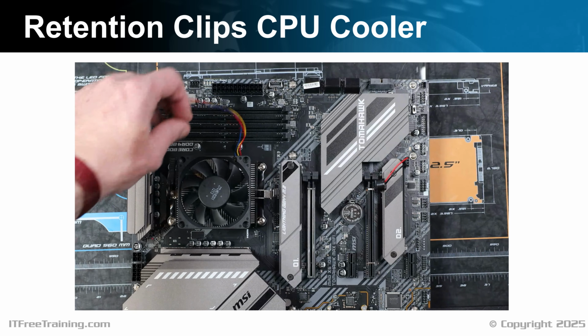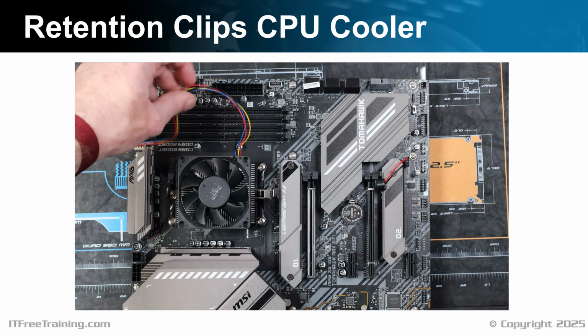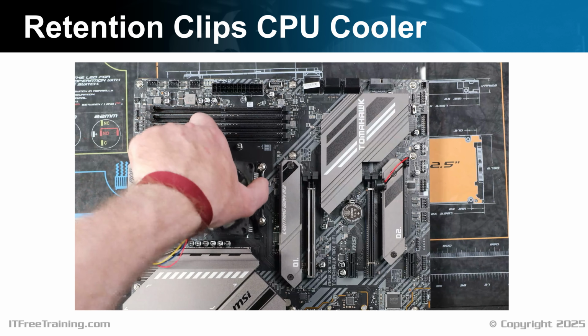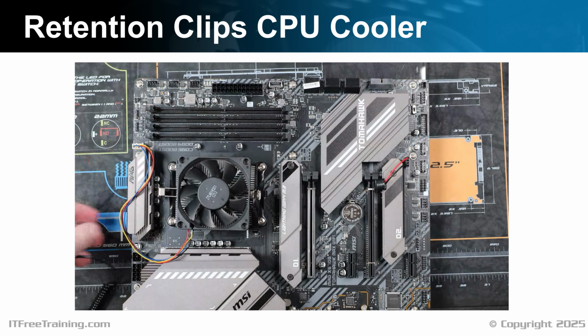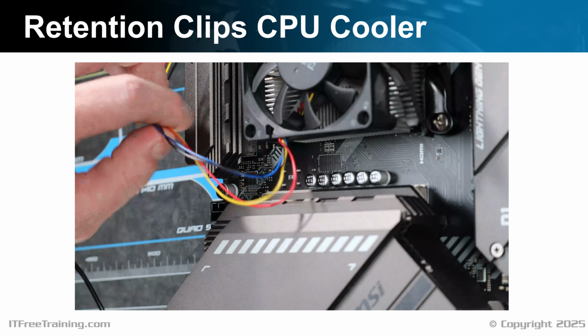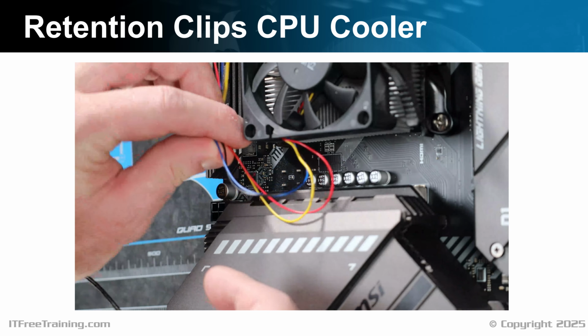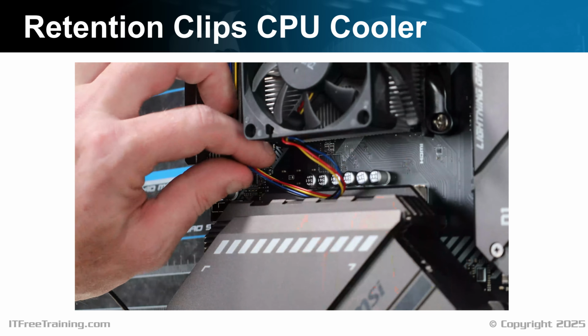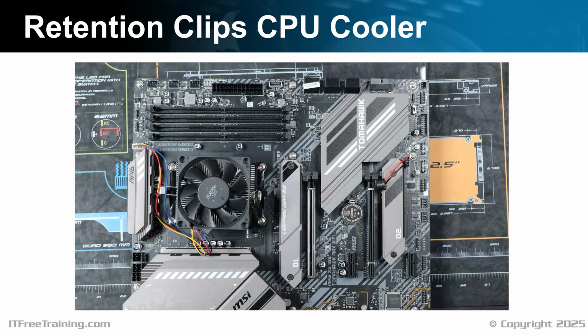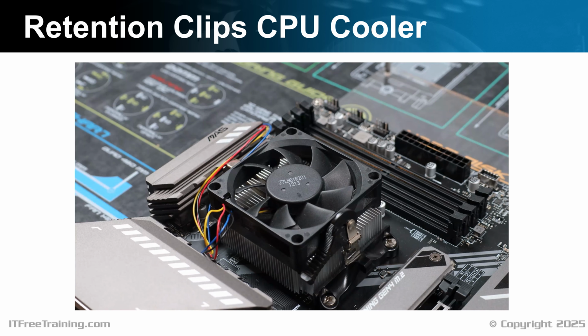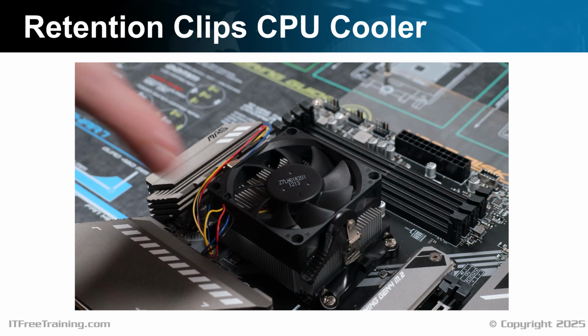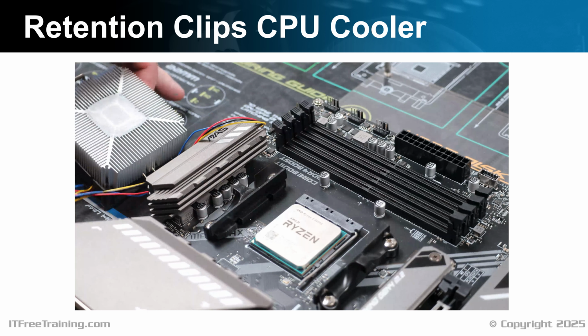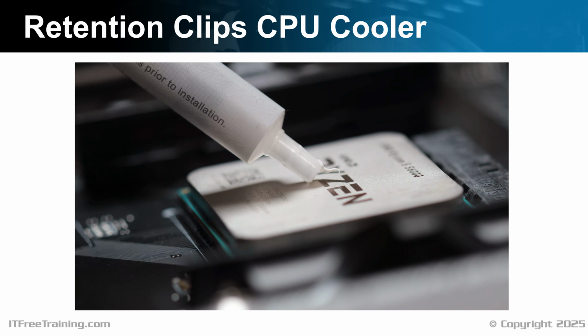You'll notice the power cable is over the memory modules, so I'll rotate the CPU cooler around. Notice the cable now fits nicely in an area of the motherboard where there are no serviceable parts. If you can avoid it, you don't want to have cables blocking memory modules, video cards or storage connectors. I will next need to apply the thermal paste. First, I will remove the CPU cooler and then we'll apply some thermal paste to the CPU.